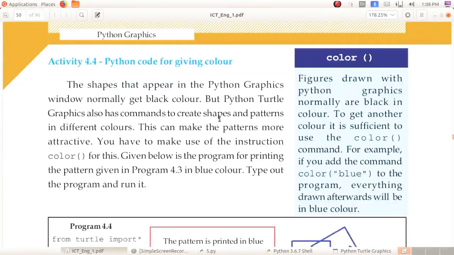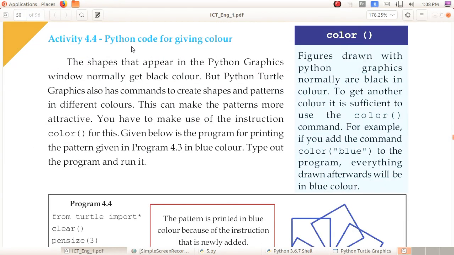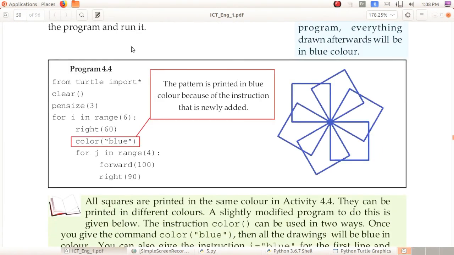Okay. Activity 4.4, Python code for giving color. See, now you want to give the color to that pattern. Okay, only a single instruction is added, that is color of blue, and blue must be in double quotation marks.